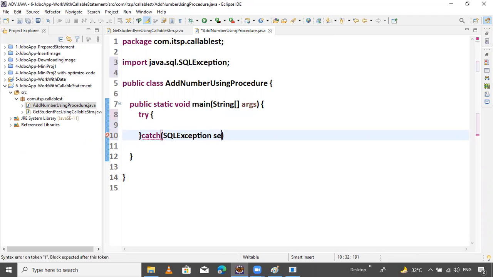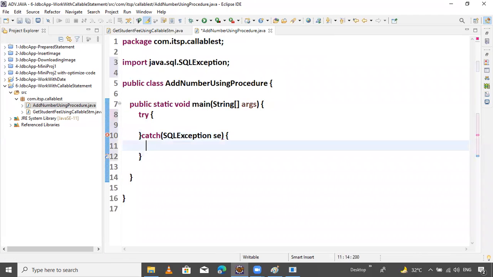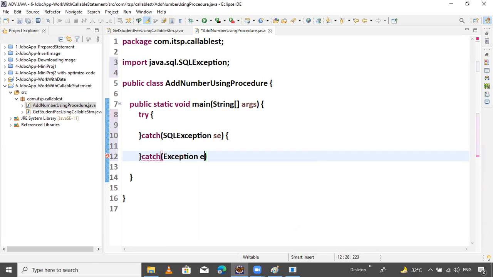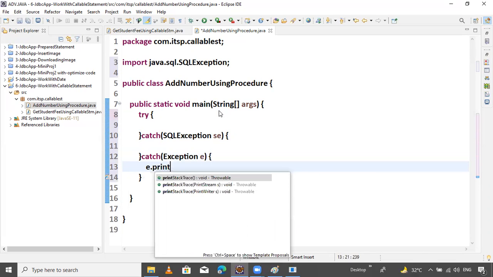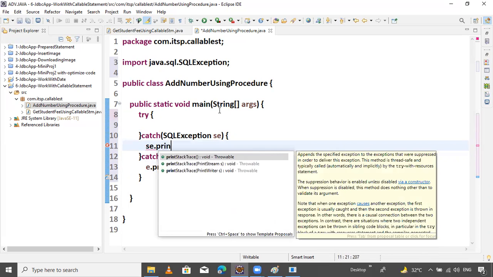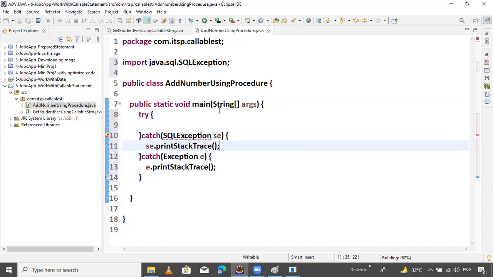Yes, see. Okay. Now next is catch exception. This is the parent exception. That's it. And to handle, e dot printStackTrace method is there. Here also, e dot printStackTrace method is there.